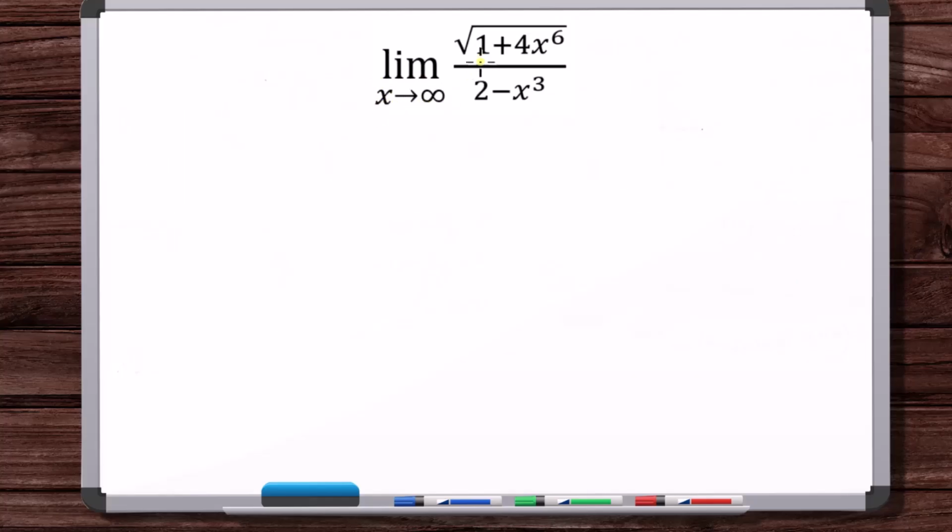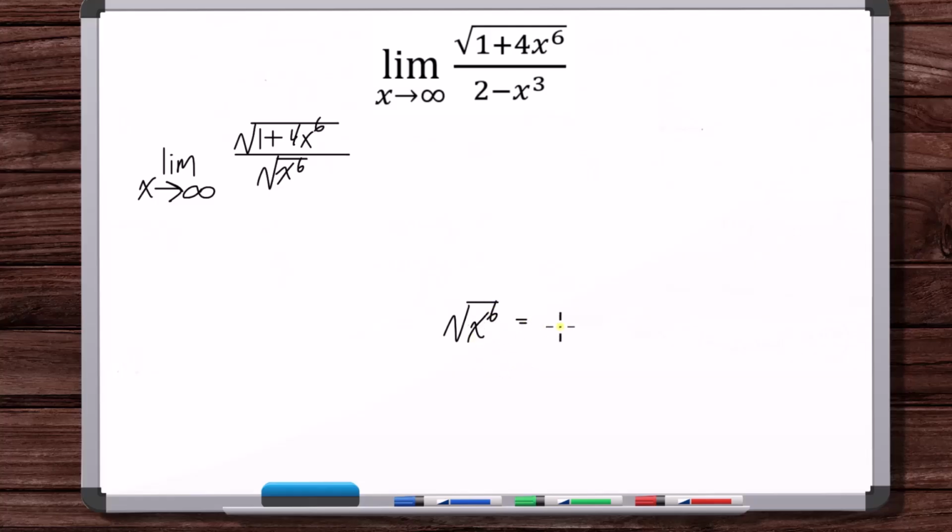Okay, the limit as x approaches infinity of the square root of 1 plus 4x to the 6 over 2 minus x cubed. Let's divide the numerator and denominator by x cubed. But in this case, since x is going to infinity, we're not going to have to worry about the root. So let's see, we've got 1 plus 4x to the 6th, and then divided by the square root of x to the 6th, which in general,